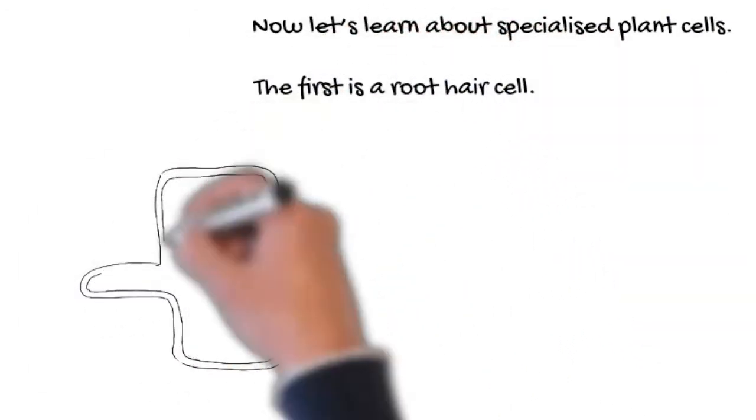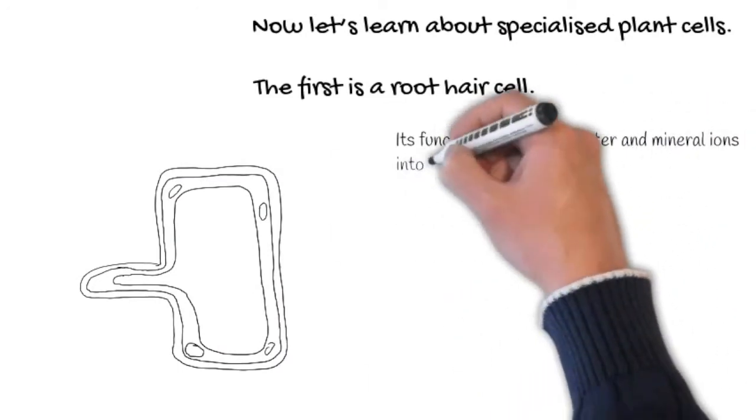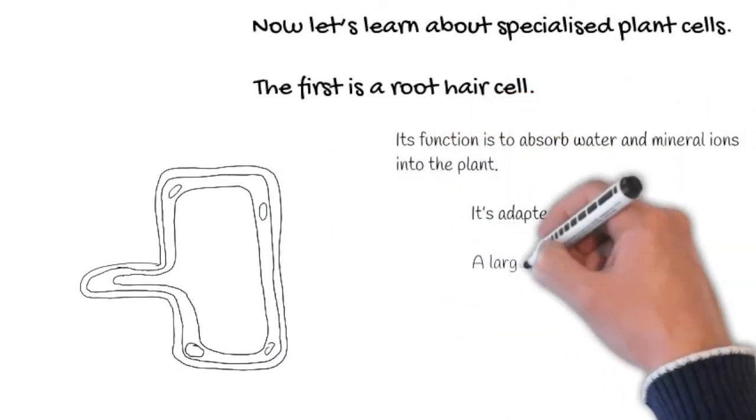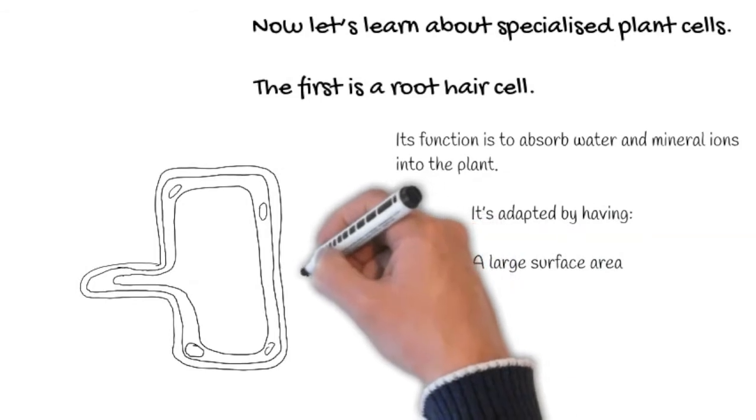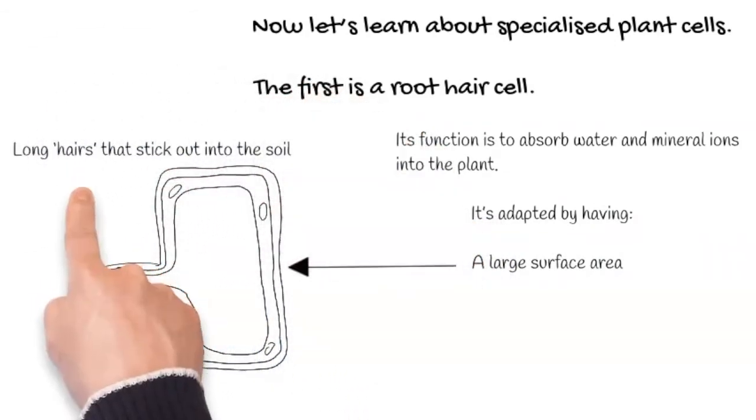The first is the root hair cell, and it looks like this. Its function is to absorb water and mineral ions into the plant from the soil. It is adapted by having a large surface area, long hairs that stick out into the soil,